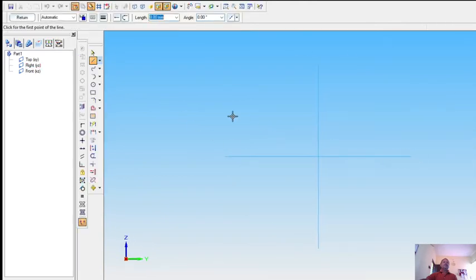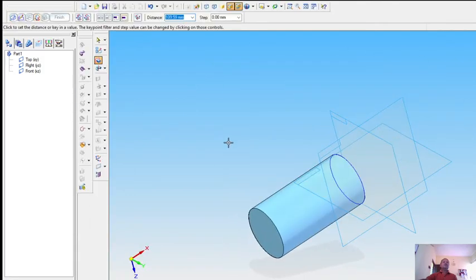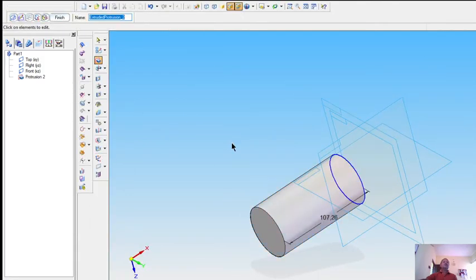I will take this plane, I will draw one circle, return, take the protrusion to some extent, then here click pattern, which creates a rectangular or circular pattern.